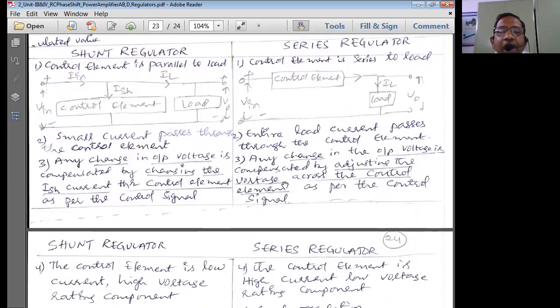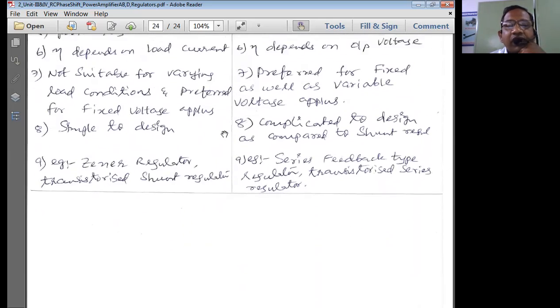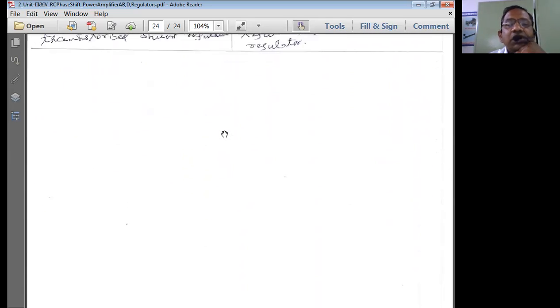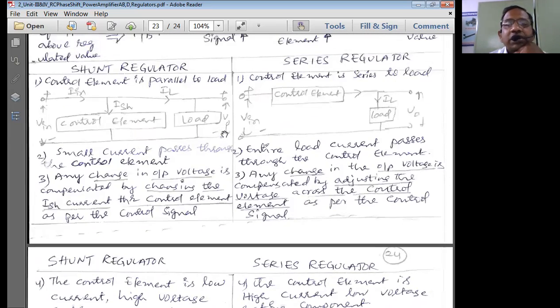Another question we will be getting continuously in the exam is going to be the comparison between the series regulator and the shunt regulator. Compare series voltage regulator and a shunt voltage regulator. Comparison between these two is also going to be a very, very important concept in the syllabus that we have. We discussed all these differences in the last session, so you can just simply enumerate.